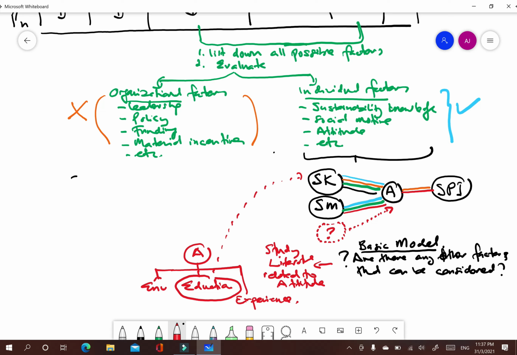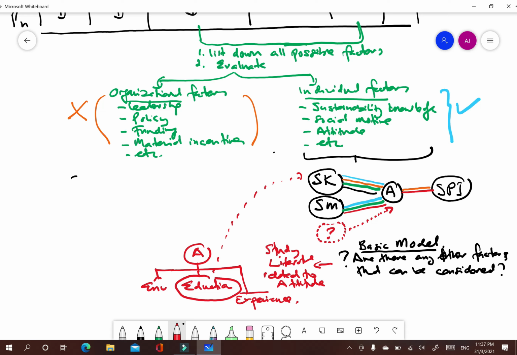The environment, for example, probably is this one, the social motive somehow, and then you have to check whether the environment and social motive correspond and match. For example, now I just want to show that the previous experience related to sustainability may also develop the attitude or influence the attitude.